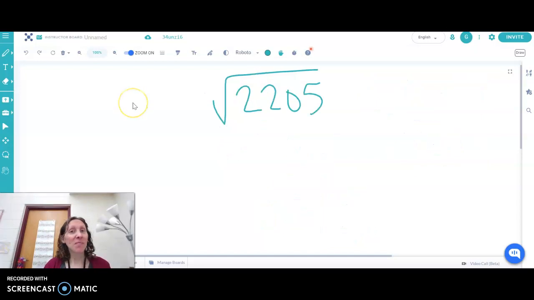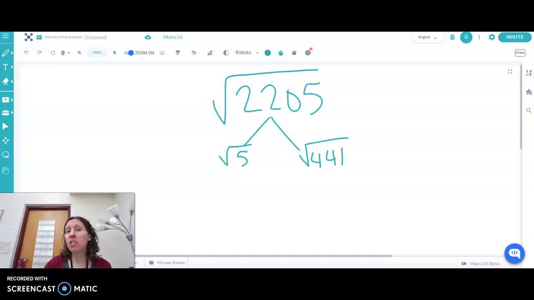All right, last example. So here's another silly one. All right, so if I'm going to factor this, it ends in a 5, so I know it's divisible by 5. And then, let's see, if I put that into a calculator, my other number is 441. Yuck. Now, if you were to add up all of the digits, so 4 plus 4 is 8, plus 1 more is 9. If the sum of those digits is a multiple of 3, you can divide it by 3. All right, so let's divide that one by 3. We get